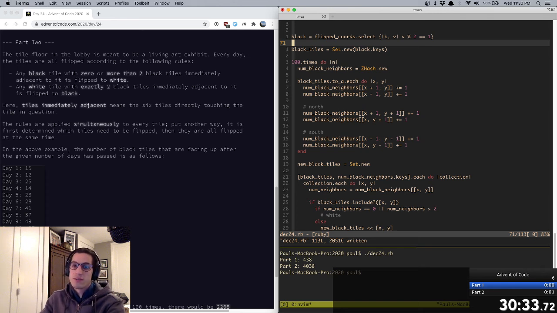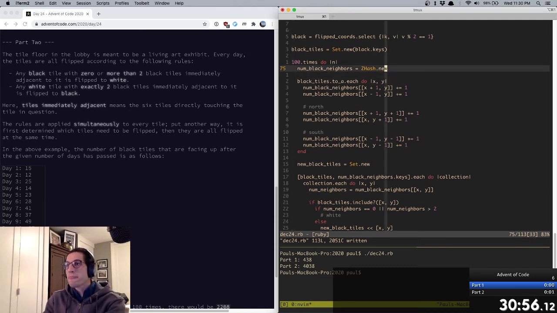But someone pointed out a slightly easier approach, which is to just, for each living cell, so every black tile, keep track of how many neighbors it has, and then loop over those,